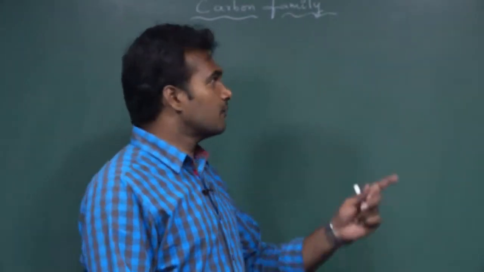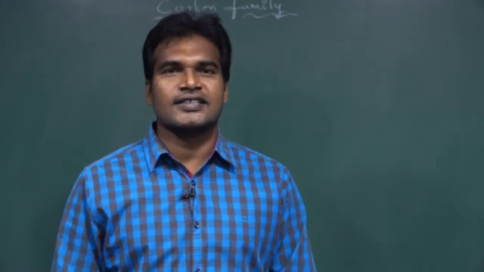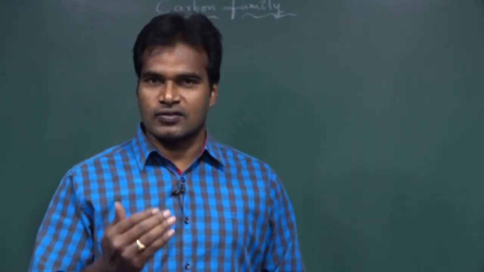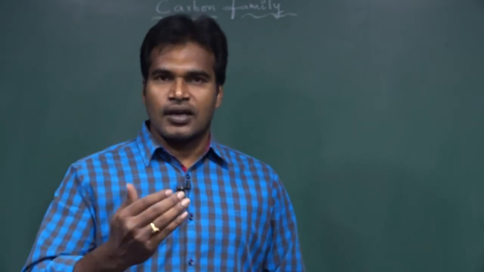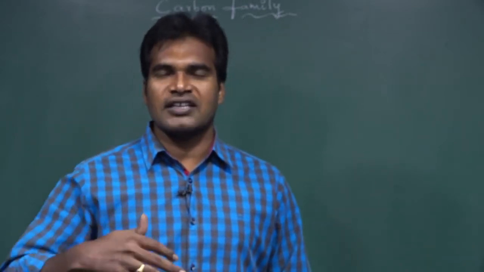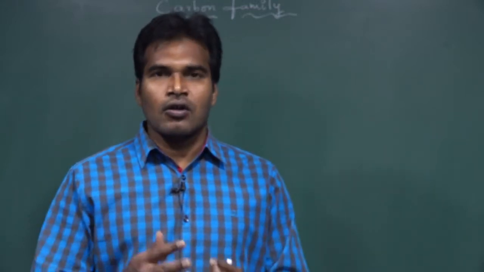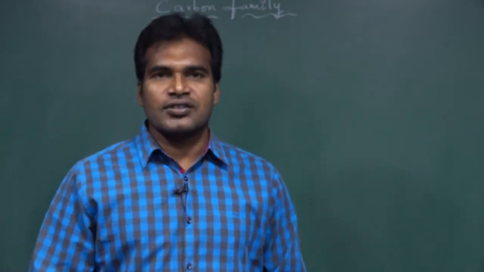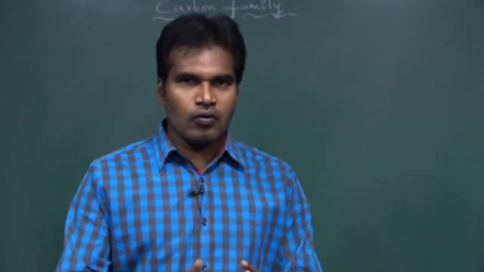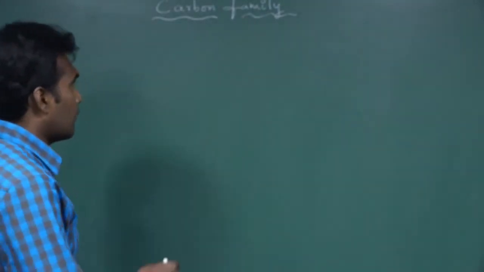So we are discussing the carbon family. In the last part of the video, we discussed the general physical properties: atomic size, ionization energy, electronegativity, density, melting point, boiling point, what catenation is, and the conditions required to show catenation behavior, and the common oxidation states of the boron-carbon family. Now in this part of the video, we are continuing with the allotropes of carbon.